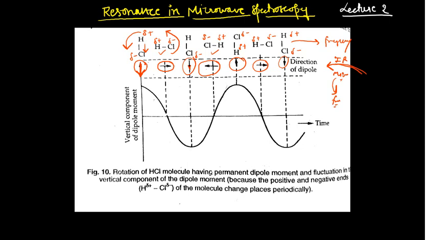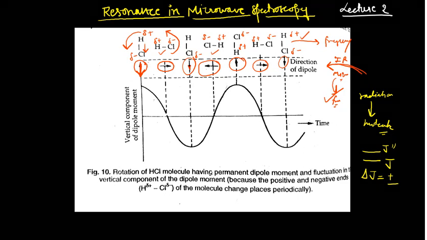So what will happen, when the frequency of the rotating molecule matches with the frequency of the incoming radiation, the energy correspondence will occur. That means the energy from the radiation, it is very important, energy from the radiation will go to the molecule, and when the molecule absorbs energy, it will change its rotational quantum number. That means it will change the J value, and you know the delta J would be plus minus 1 in that case, okay. So when this J value changes, this is the resonance, right.